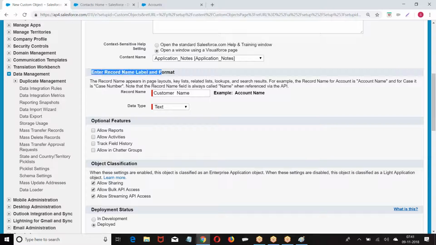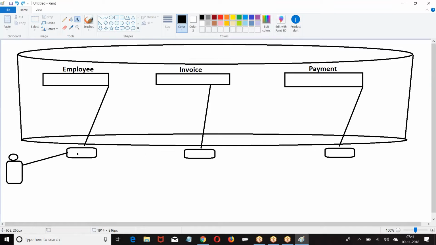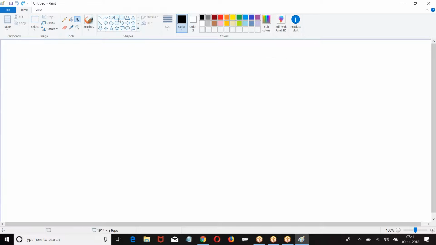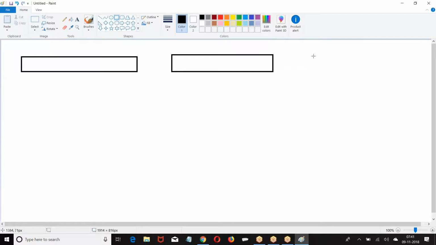very important, record name label. Salesforce by default created one standard field for every object. Every custom object I create, Salesforce internally creates one standard field.